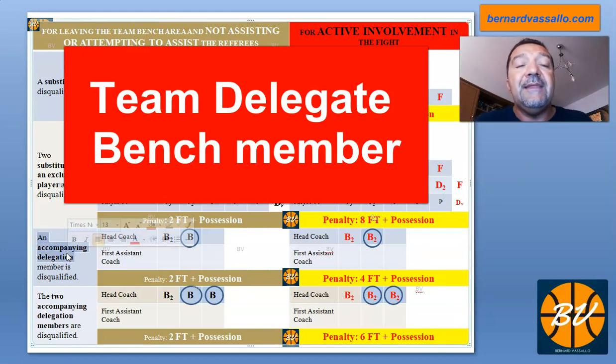Therefore, let's take a situation here where one of these delegation members enters into the court. Let's assume that an injured player who's wearing casual clothes is on the bench as a delegation member during the game, and this injured player during a fighting situation enters onto the court. As I said before, in such situations only 2 persons can enter into the court, the head coach and the assistant coach, and only to assist the referee.